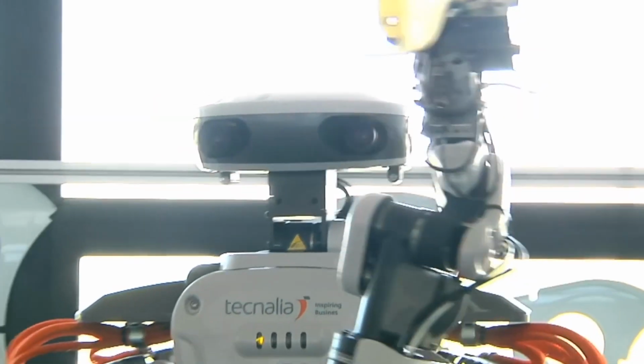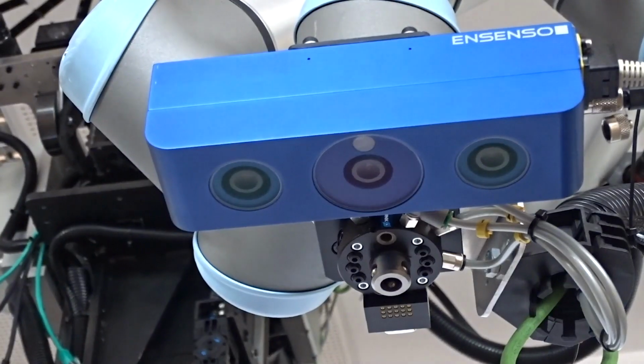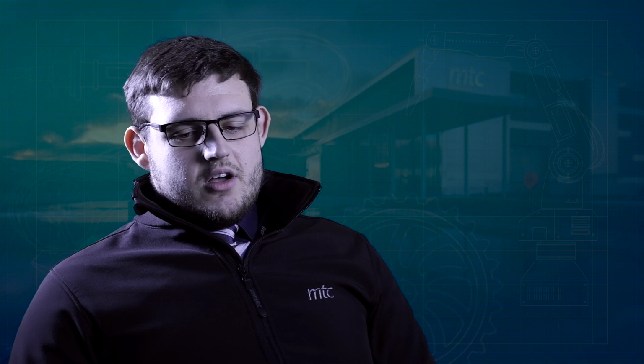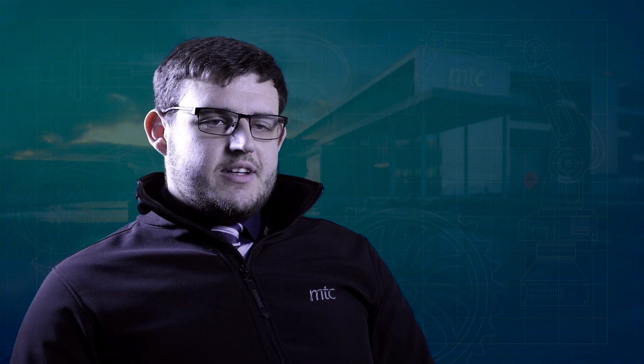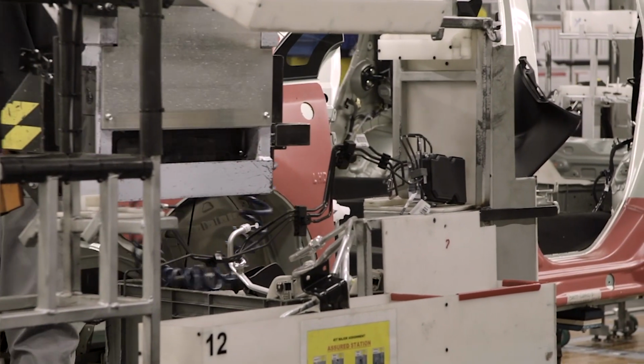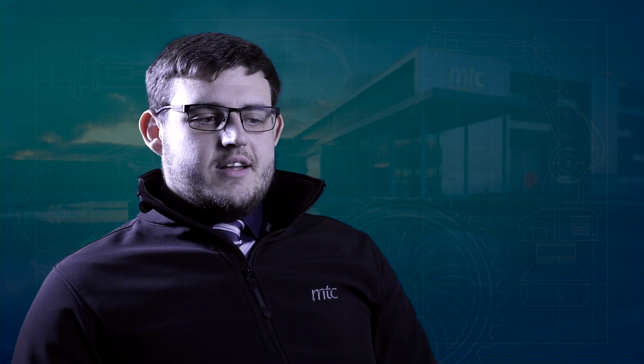Supporting partner in this voucher was Technalia. They were focusing on the use of vision systems to allow for compensation of tolerances and position. So during this process, the use of a visit to Sunderland enabled us to develop a number of concepts to do automated grommet insertion using a variety of different automation applications and using vision systems to compensate for natural inaccuracies